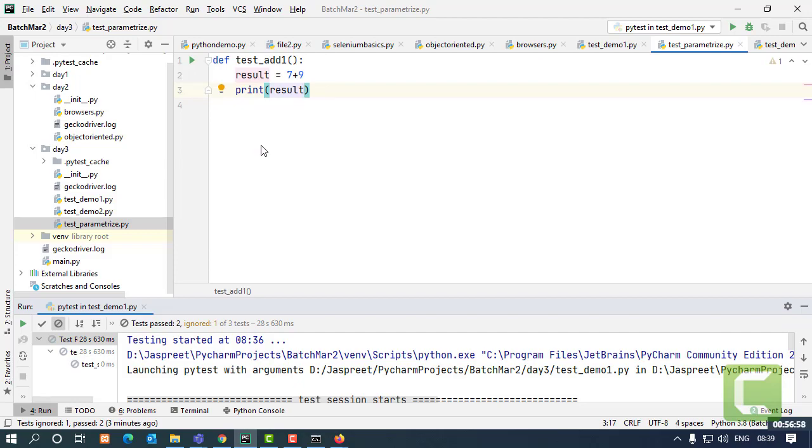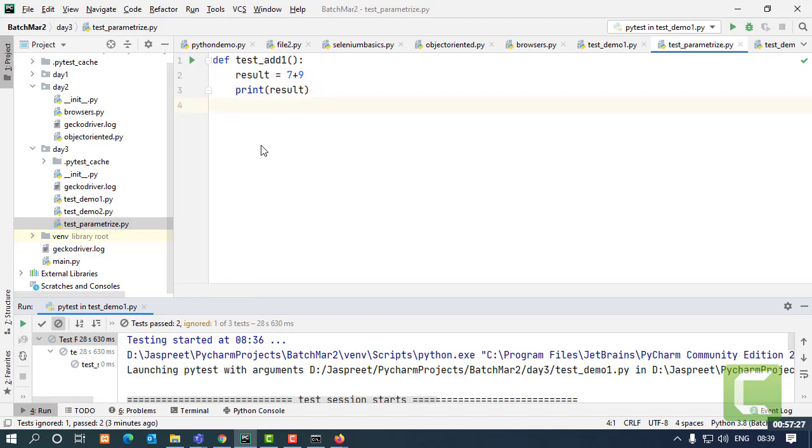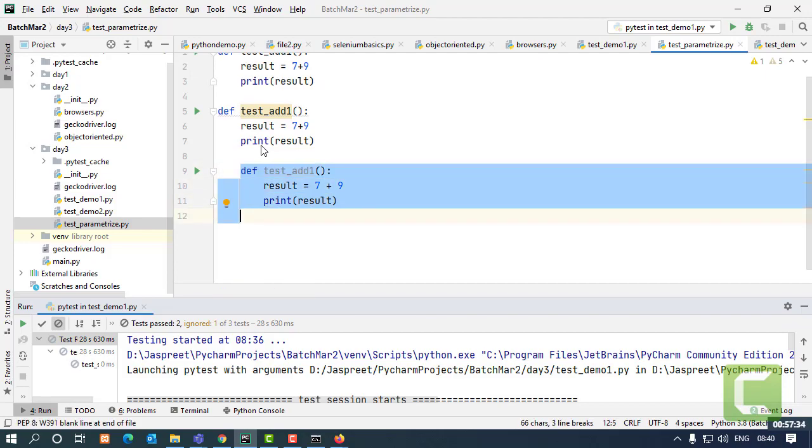So for different numbers, I either have to call it using the user input, or call the input function over here, or I have to pass the parameters again and again, or give it in a hard-coded way. And I may have 10 pairs of numbers that I have to calculate the result of. So I will take this function and call it again and again for different outputs. Change the numbers and call it again.